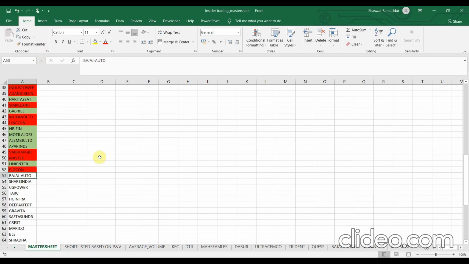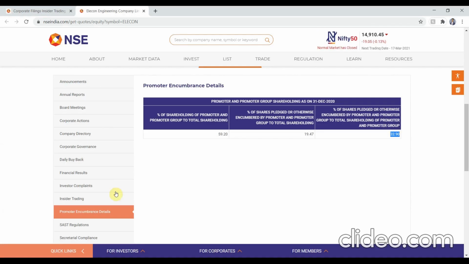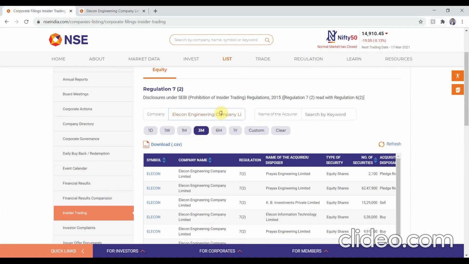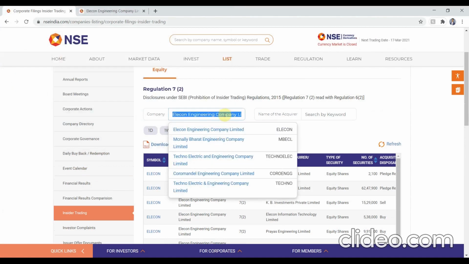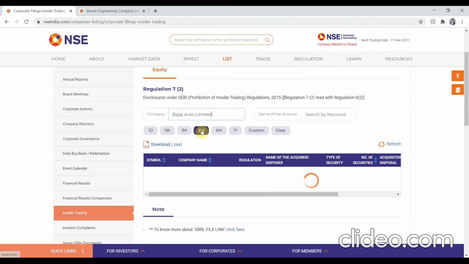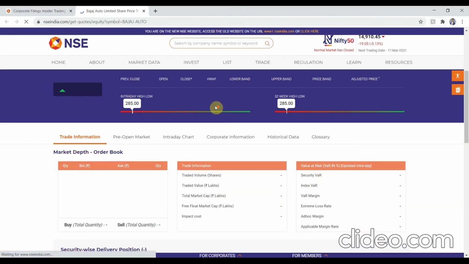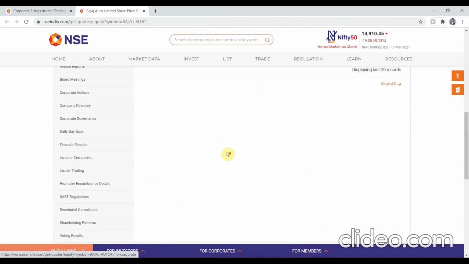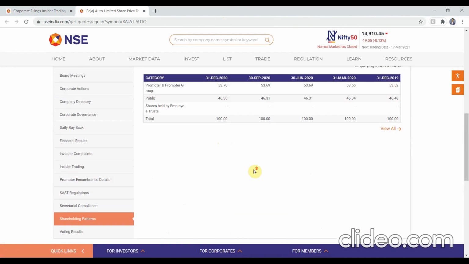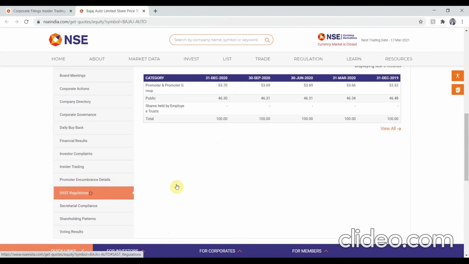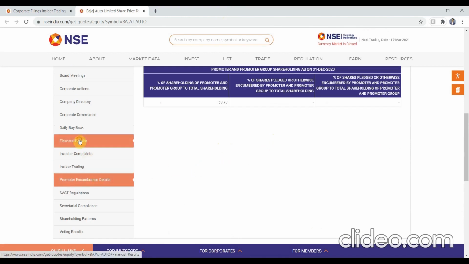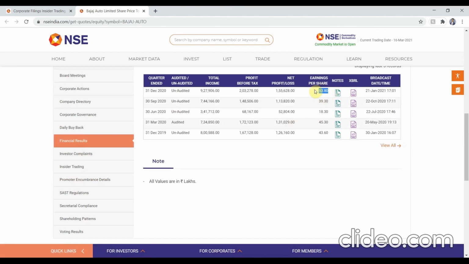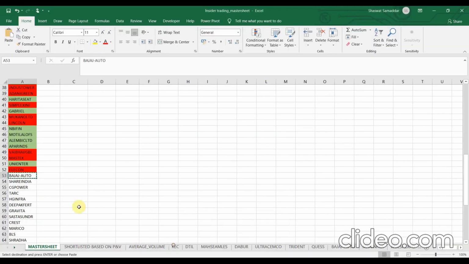I really wanted to, being an engineer. Bajaj Auto Limited. Click on the corporate information. Check the shareholding pattern first. 53, good. SAST regulation, no selling. Pledging is not there. Earnings per share is quite positive. It's going onto the green.